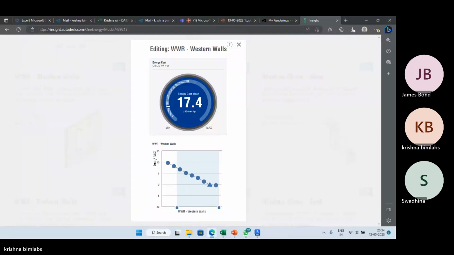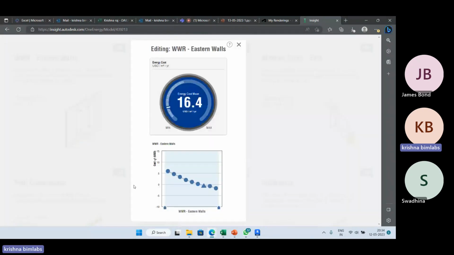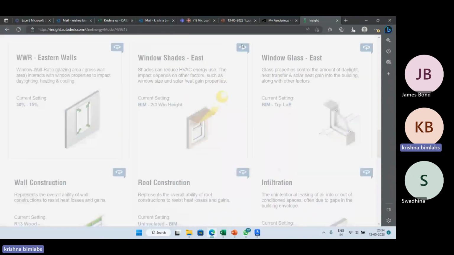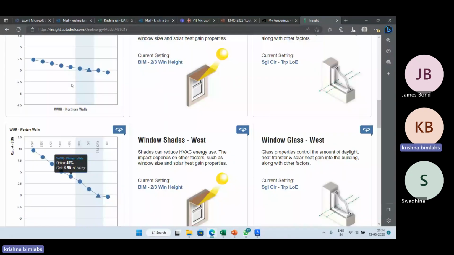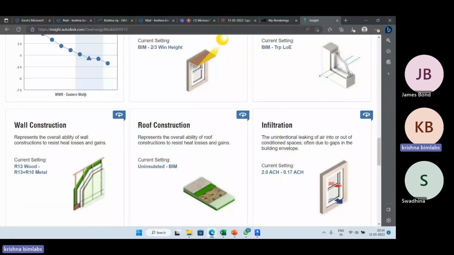Western walls. So in all sides, we can do some suggestions. Eastern walls. Like that you can make some changes. You can just adjust the value. So in walls, the WWR in 4 directions, you have done the changes. Okay, so after doing the changes on 4 sides, for the WWR ratio here, what you can do is